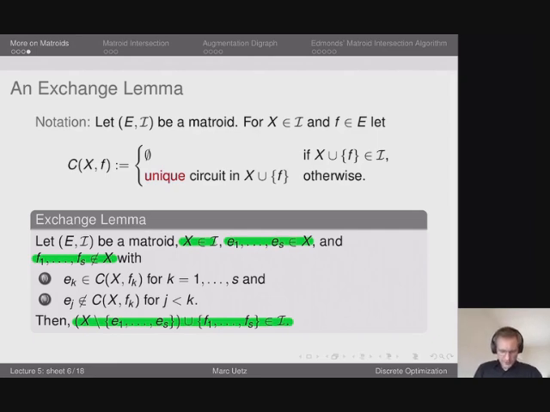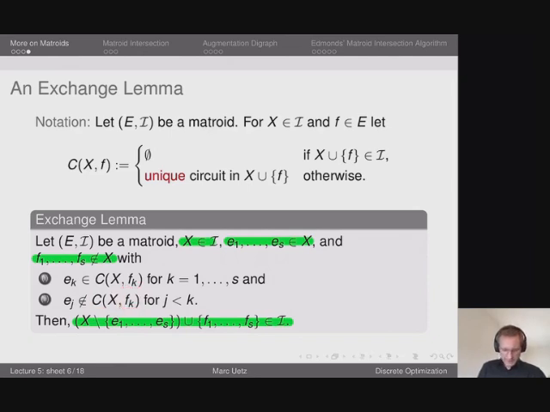The second condition here is maybe a little bit less intuitive. It can be thought of as a condition that makes sure that the circuits that I create and destroy one after the other are disentangled enough. And technically what it says is that all the elements Ej that I already had kicked out earlier should not be part of the circuits generated by adding later elements. So whenever I add a later element Fk to X,